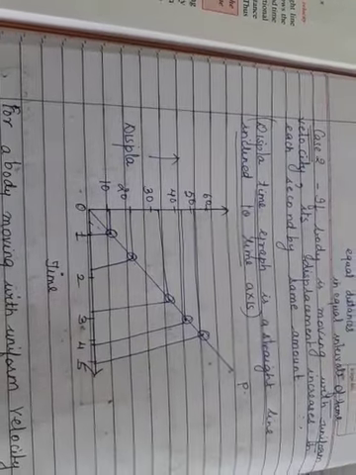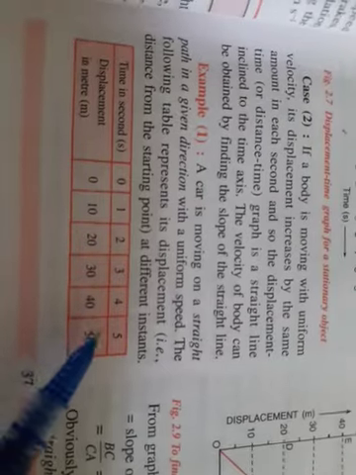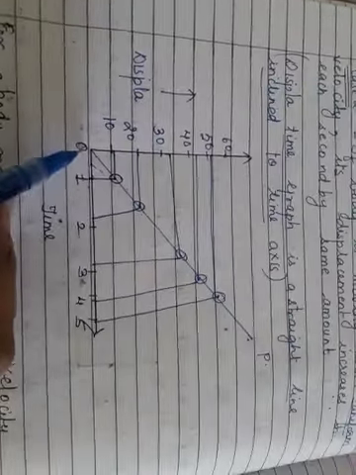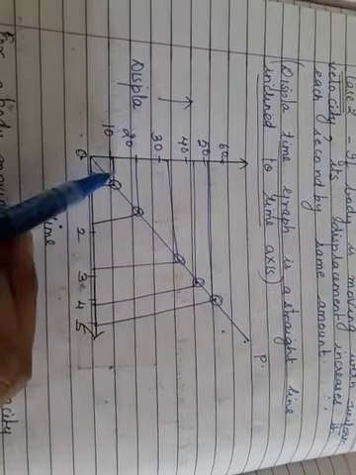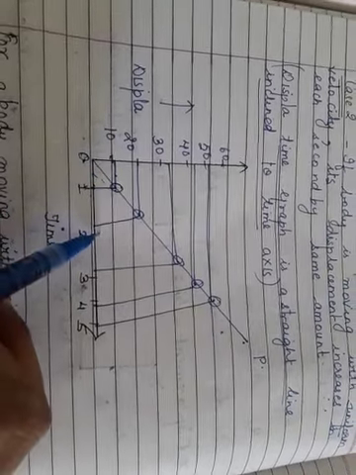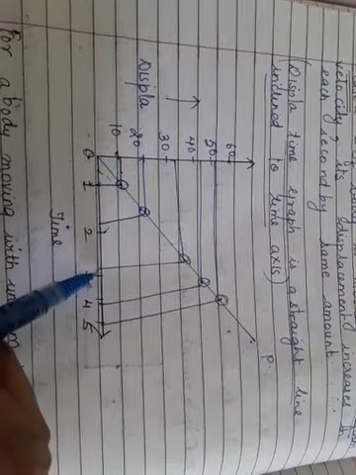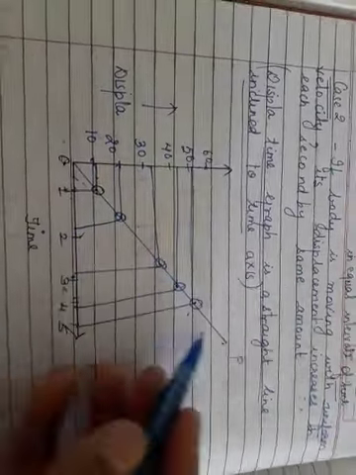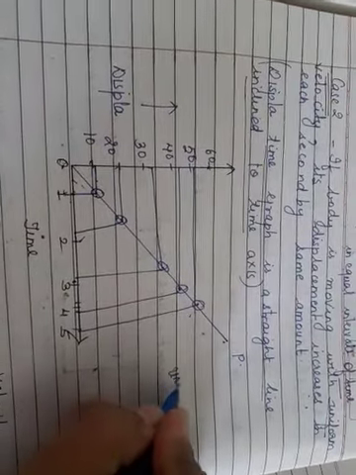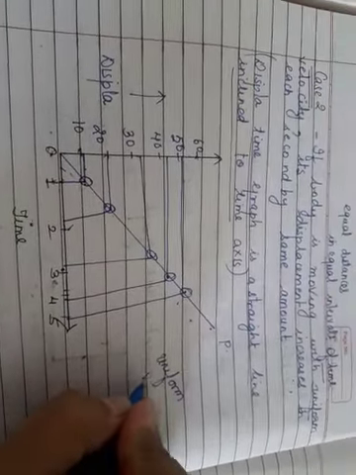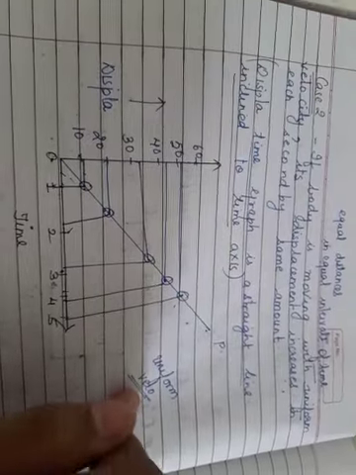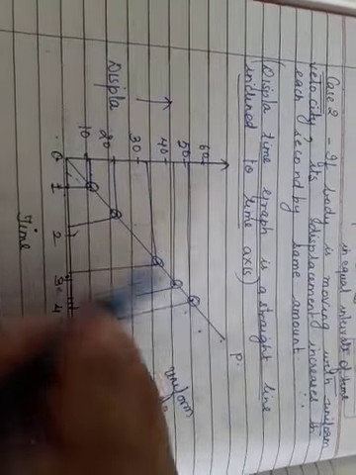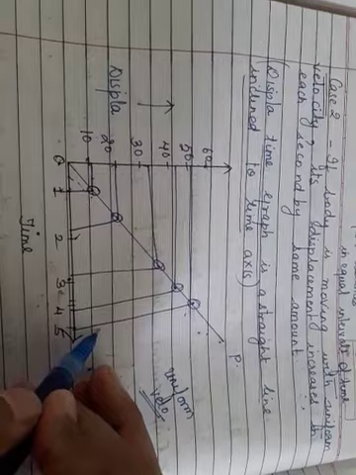Everybody see on page 37, the small example 1, you have to see this table. First you see time 0 seconds, displacement 0; time 1, displacement 10; time 2, displacement 20; time 3, displacement 30, 40, 50. If you see, these are all in uniform velocity. So if the body is moving with uniform velocity, the graph is a straight line inclined to the time axis.